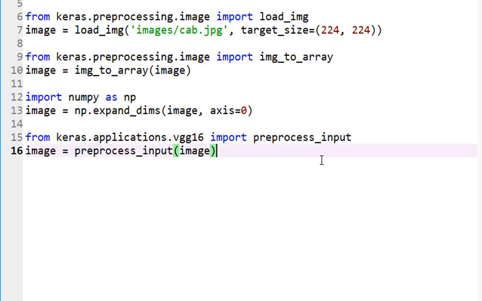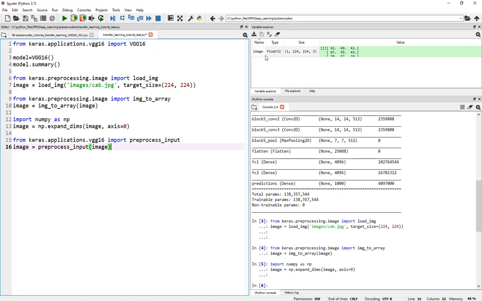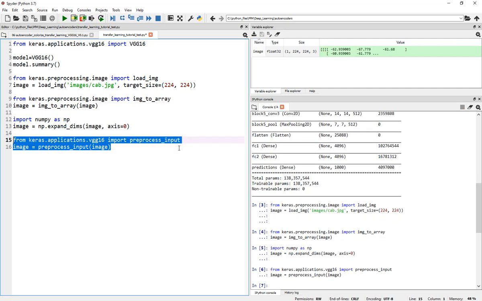So all you need to do is pre-process the input. If you look at the values here, oh, I cannot open that, just a second. If you look at the values here, there are 62, 49, 41, and something over there. Now if we run this, those values should change. You see now it is negative 62 something. So obviously it is subtracting certain